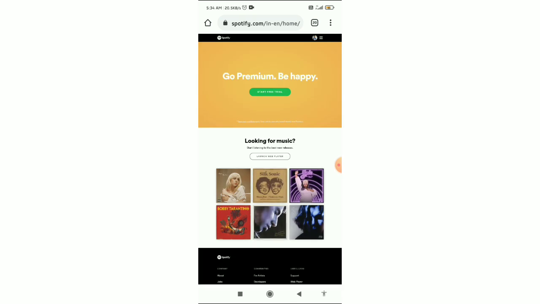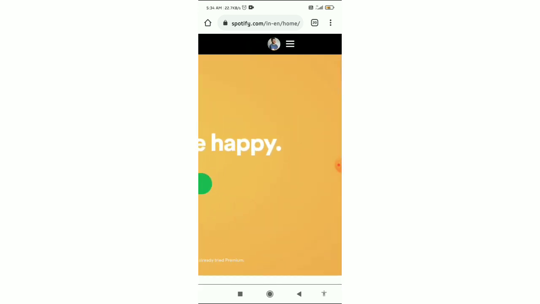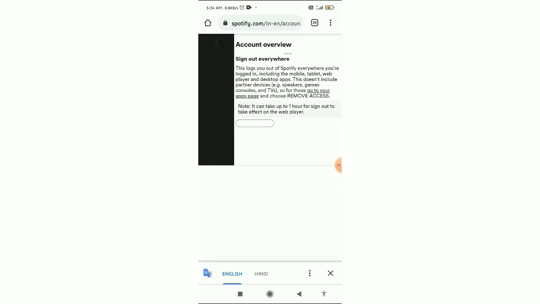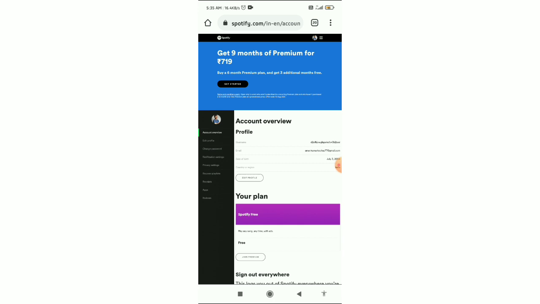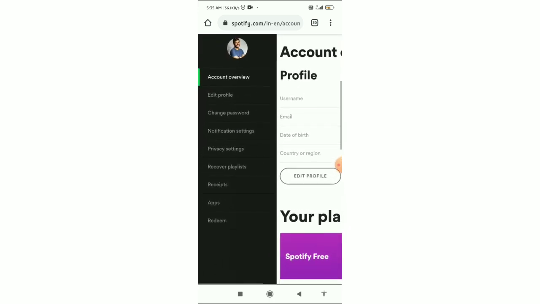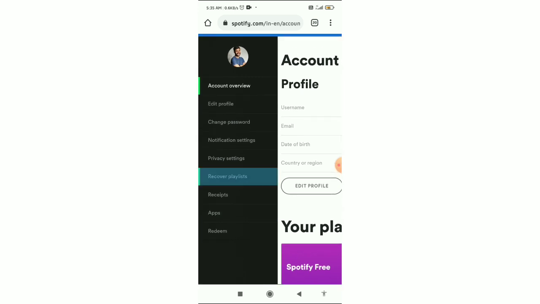Now from here you can see your profile picture in the top right corner. Zoom in to your profile picture on the right side and click on your profile picture, and when you click on this, you can see this page opens. Here you can see the recover playlists option. When you zoom in to the left panel, you can see the recover playlists option. Click on the recover playlists